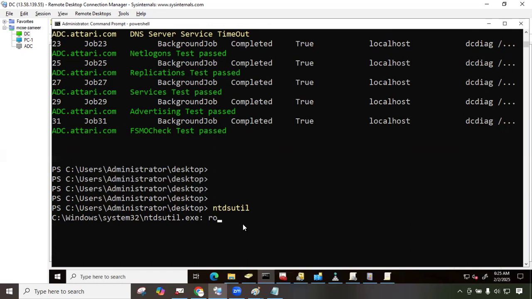Okay, now type roles. Have you typed roles? Now type connections. People make a lot of mistakes here, so please type carefully: ntdsutil, roles, and connections. Are you on server connection? Now type here